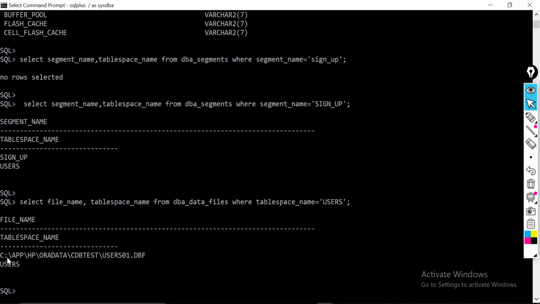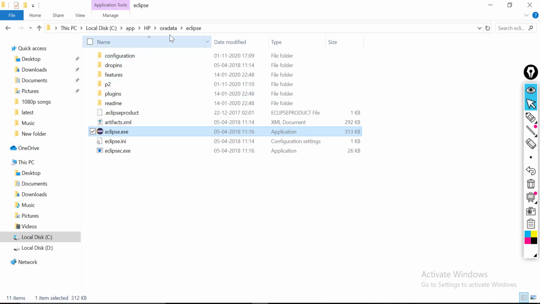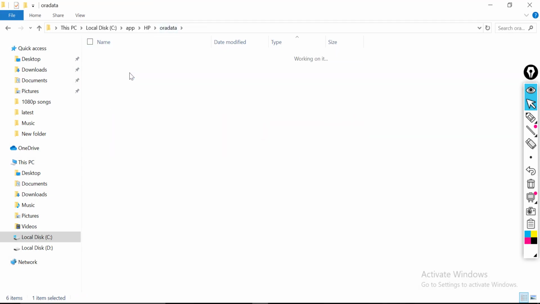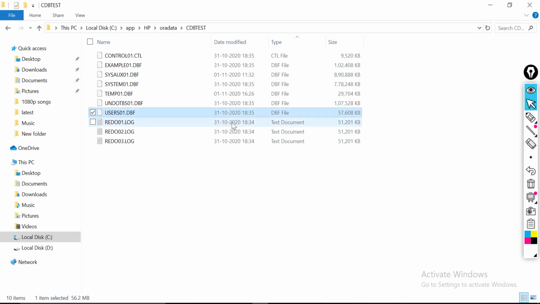So it is here, C app HP Ora data CDB test users 01.dbf. Let me open that HP Ora data CDB test folder. My sign up table is lying somewhere here.